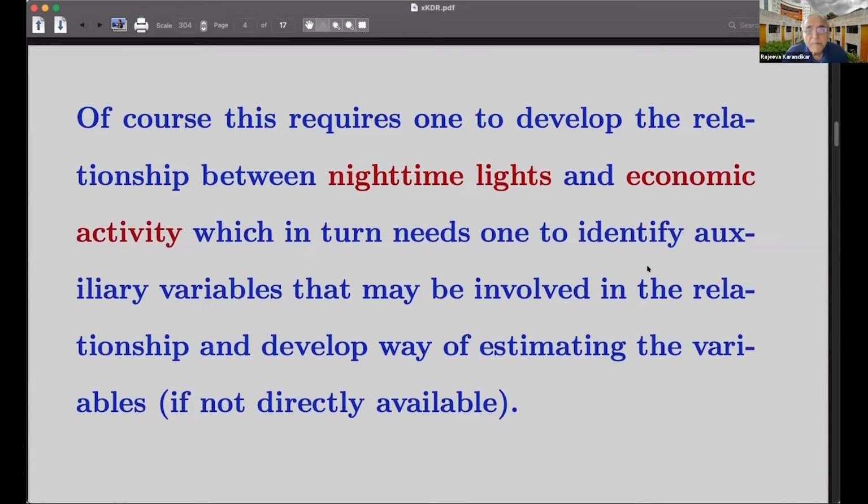Of course, to get to that connection, it requires one to develop a relationship between the nighttime lights and the economic activity, which in turn leads one to identify auxiliary variables that may be involved in the relationship and develop a way of estimating the variables if they are not directly available. Some of these auxiliary variables could be directly available, some you may need to estimate, and the statistical way would be to complete this entire picture. Okay, and